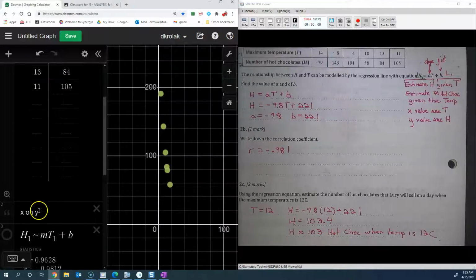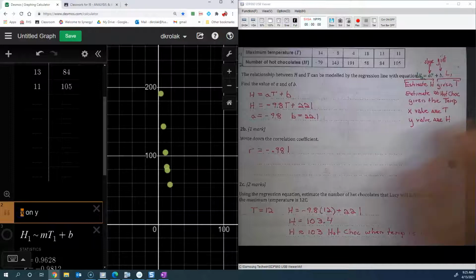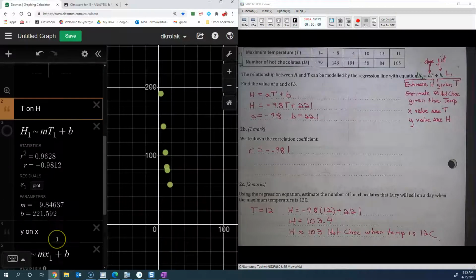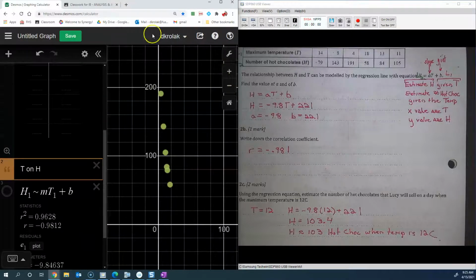And then when I wrote out my equation, this is actually H on T. So that's going to allow me to estimate H based on T. Okay, so there's my regression equation right there. And you see we get the exact same values. Okay. So that's number